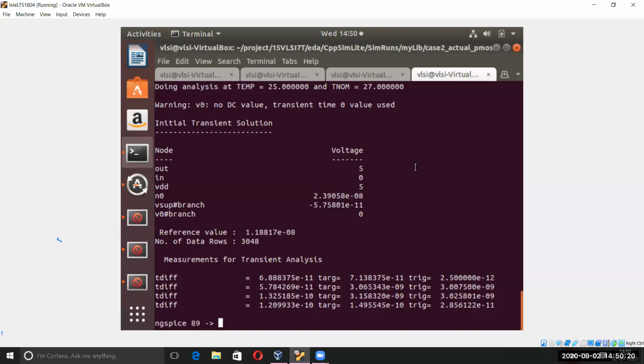If you are adding 8 gates at the output, definitely you are increasing the CL value, the additional capacitance. So if you add the additional capacitance, in your result the delay time, the rise time and the fall time should all increase. For your understanding, you will do this.